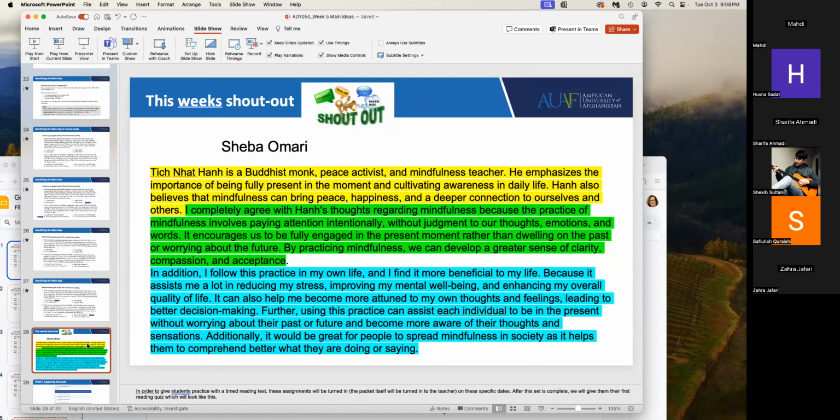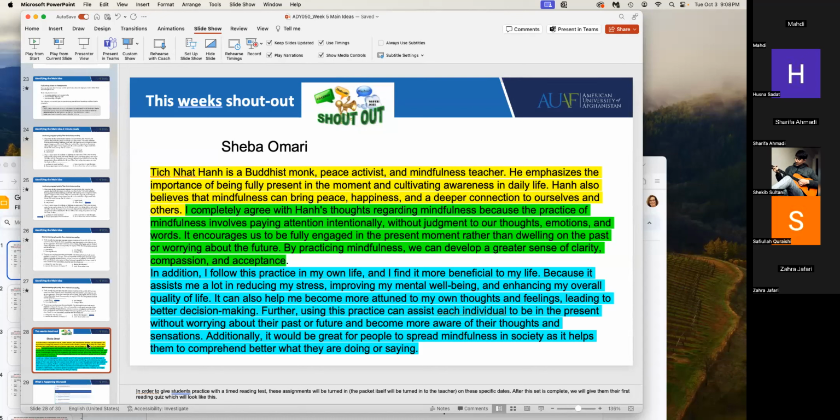Further, using this practice can assist each individual to be in the present without worrying about their past or future and become more aware of their thoughts and sensations. Additionally, it would be great for people to spread mindfulness in society as it helps them to comprehend better what they are doing or saying.